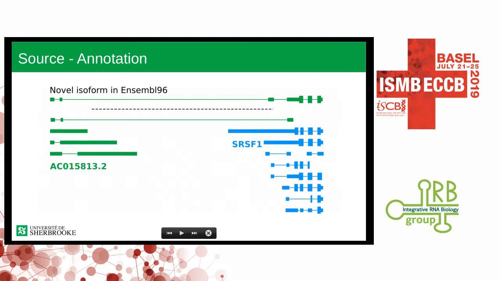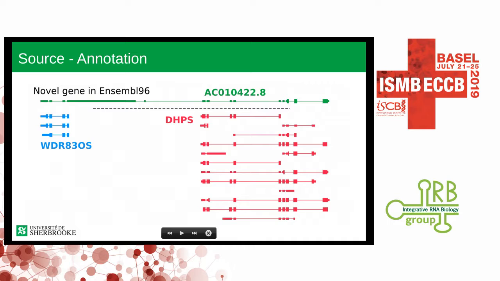So this is the annotation in Ensembl 92. We have a gene and another gene, which is SRSF1, and we have this transcript, which is overlapping only a small part. And this is a new isoform in Ensembl 96, which now overlaps a very important part of SRSF1. And this is impacting SRSF1 quantification, and SRSF1 is a highly studied splicing factor. We can also have novel genes, which have been added, which act as some kind of read-through, which now overlaps the entirety of two different genes.